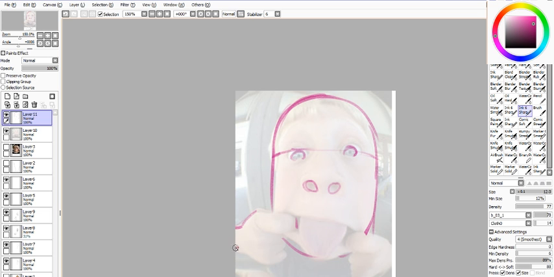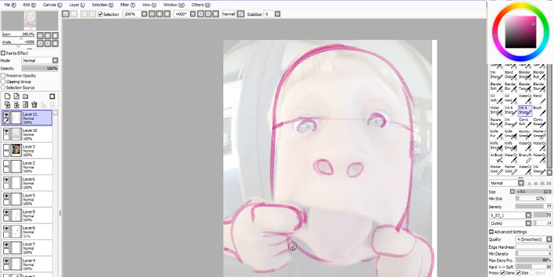This guy's wrists, his fingers that are opening up his mouth are about as big, if not just a little bit smaller, than all the other fingers combined, because they're going away from the camera.